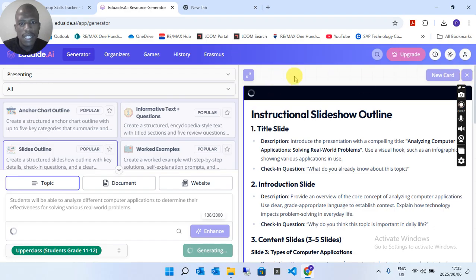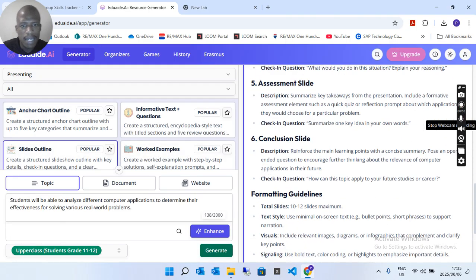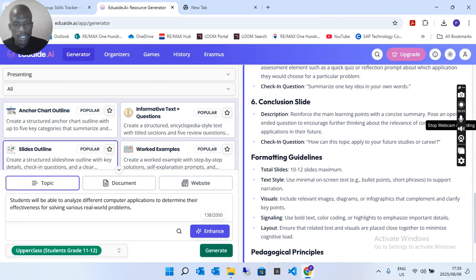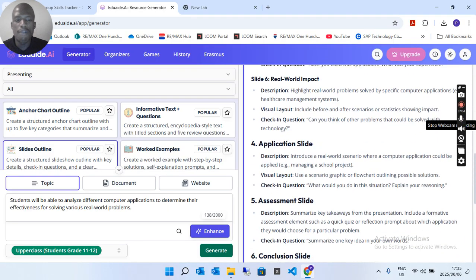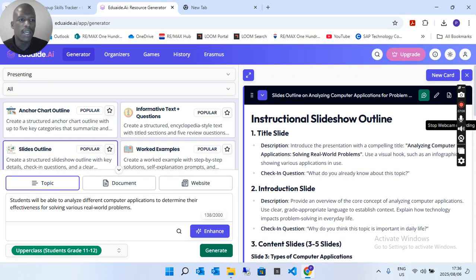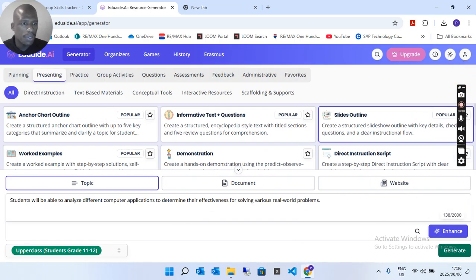And as you can see there, okay, so it's still loading here, meaning it's still drafting more content, application slide, application assessment slides, conclusion slide, formative guideline slide. So it's giving you different slide options and how you could go about making them for your presentation purposes. Okay, so that's done. We cancel that. We go back to